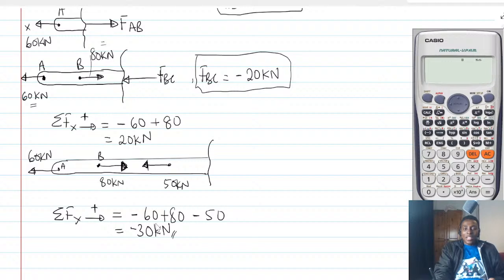This is telling us that since the sum of all the forces is minus 30, then I need a force which will make it be in equilibrium. Then that force should be against minus 30. So minus 30 would have acted in this direction, right? Therefore, to make all the forces zero, I need a force going this way. Which is what? F